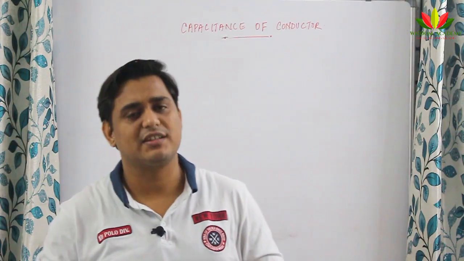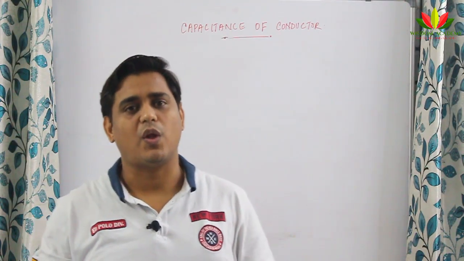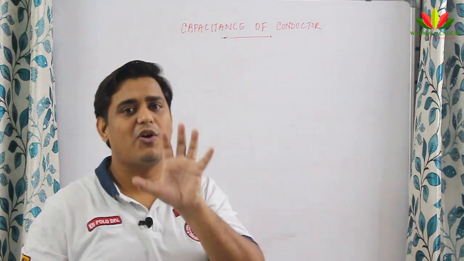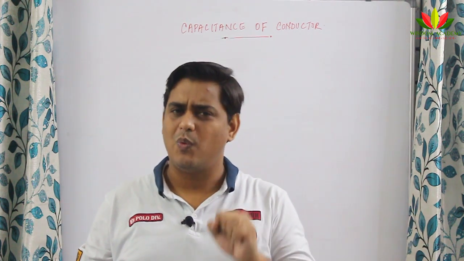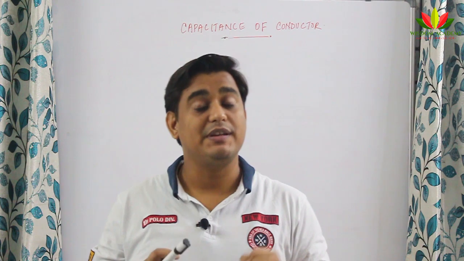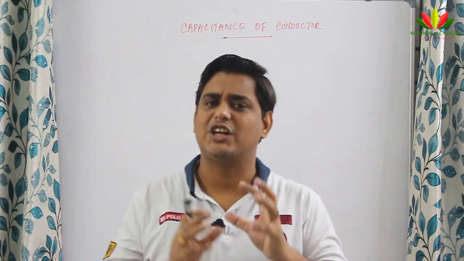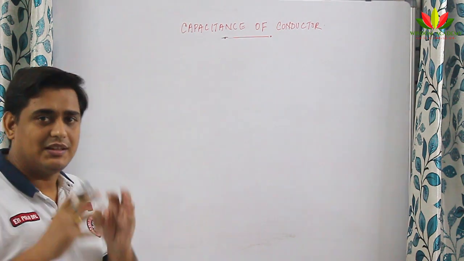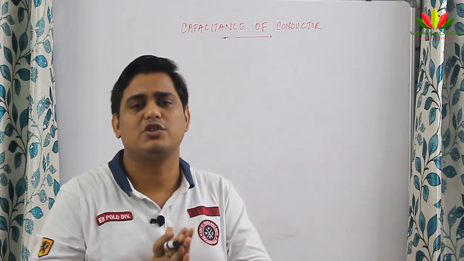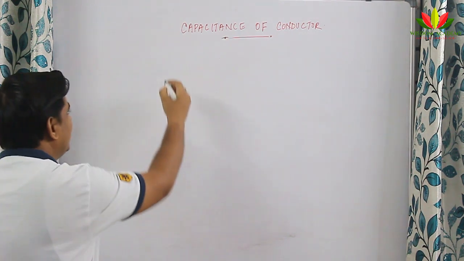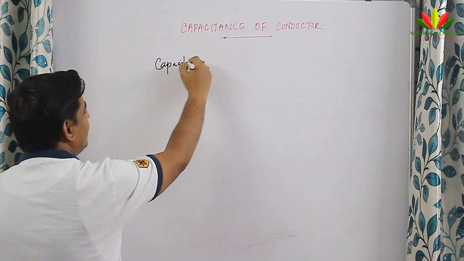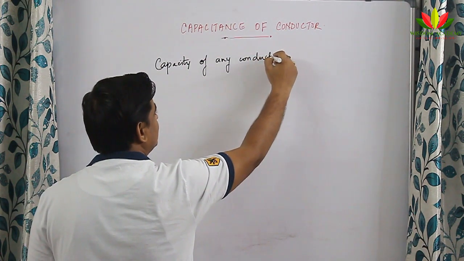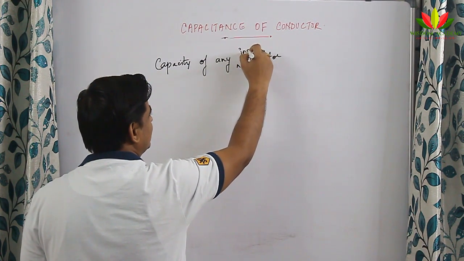So after talking about conductors, insulators and the properties of a conductor, now we will talk about the capacitance of a conductor. Capacitance is the capacity of any conductor to hold a charge. Why are we supplying charge to any conductor? We are supplying charge to store the charge inside it. The capacity of the conductor to hold the charge is known as its capacitance. I will write it for you. It is the capacity of any conductor, or I should write specifically, insulated conductor,